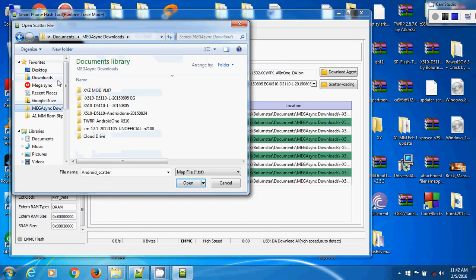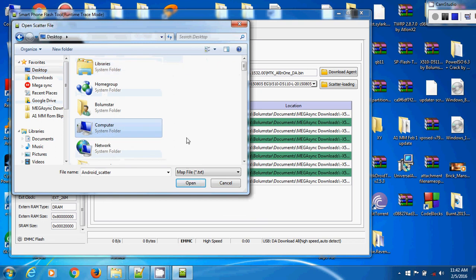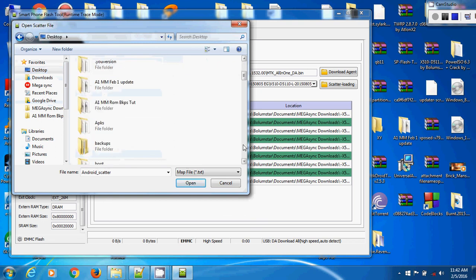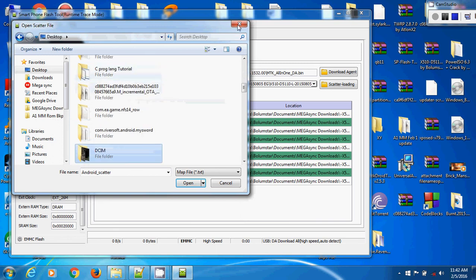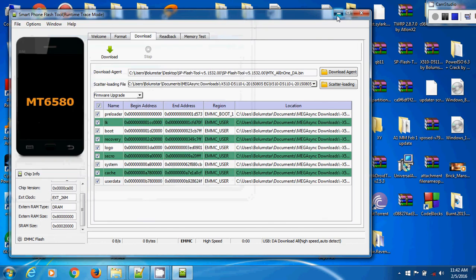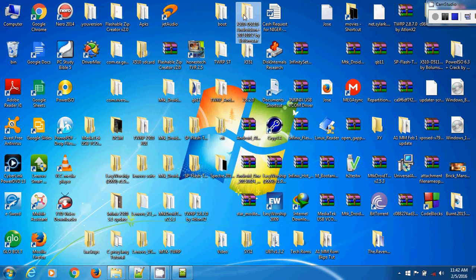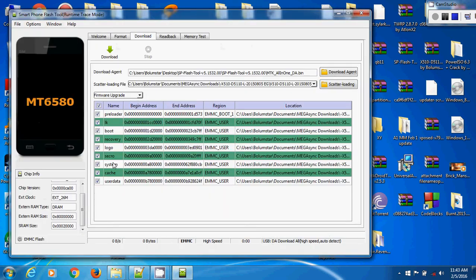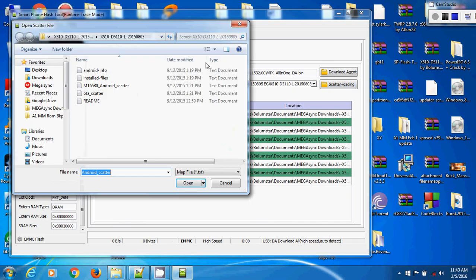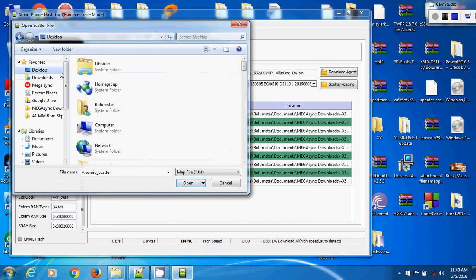Okay, let's load from the desktop. Let's load the Android One ROM again on our SP Flash Tool and see whether it will go. Where's that ROM? Let me just find it on the desktop. Okay, X5110. Don't worry, found the name. So let's load another Android One ROM here and see what happens, whether it can go back by just download